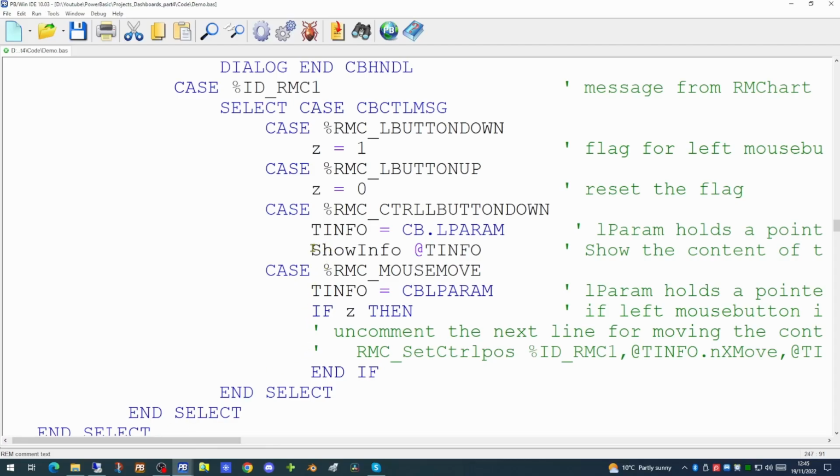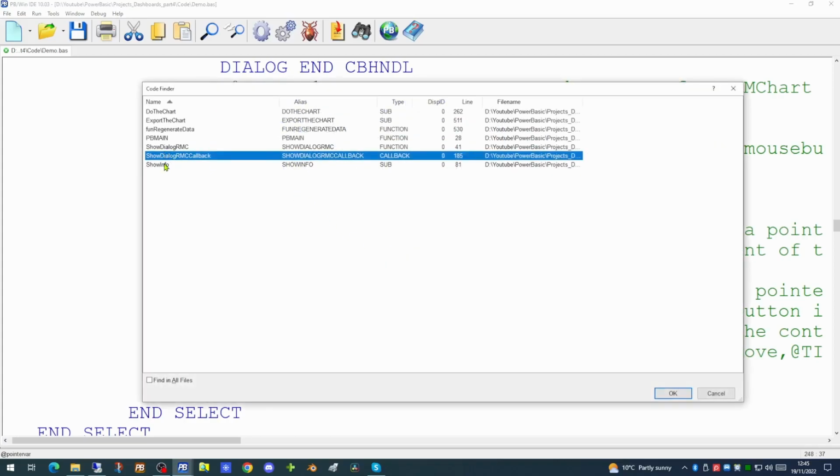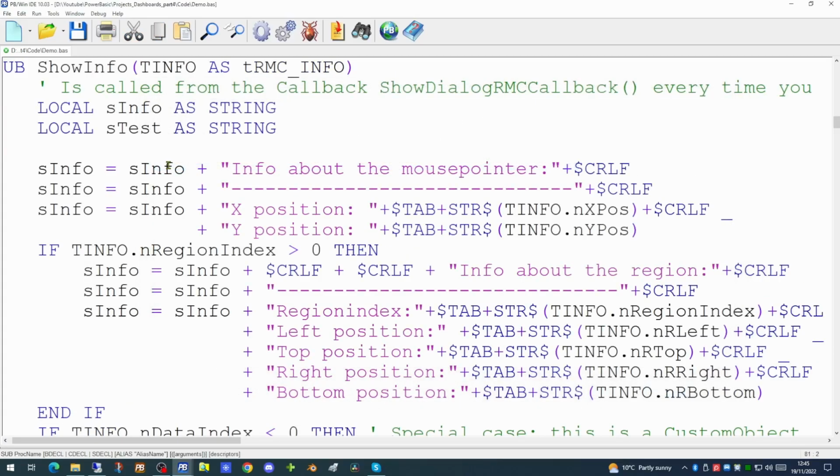For example, we're calling this show info, and if we have a look at show info, in this case it is actually pulling back all the information from that particular structure. For example, there is the region index. So we can use that as a test to know which region the user has actually clicked on. What we'll set up is a drill down on the first pie chart, region number 1.